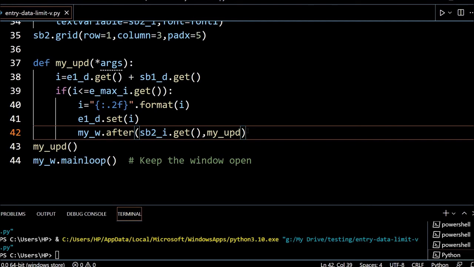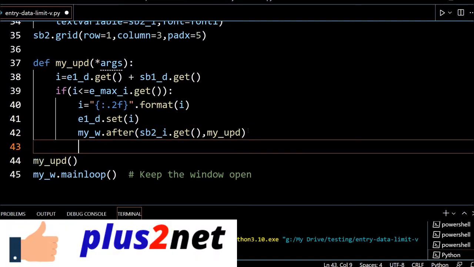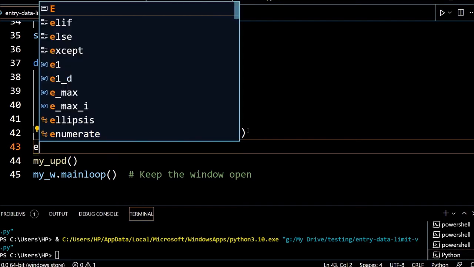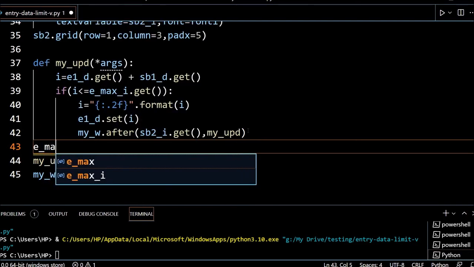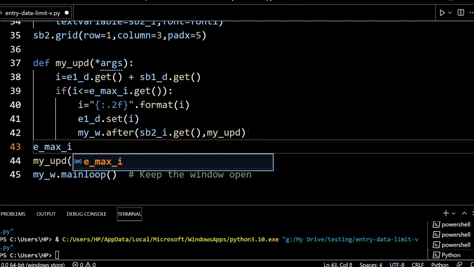For that purpose, we will write one trace method here. Every variable, integer variable, double variable or string variable, can have a trace method. So for that I will say Emax_i. This is the value of that upper limit, whatever we have here, we use Emax I dot get. So this is the upper limit, that entry box variable we are connected to.